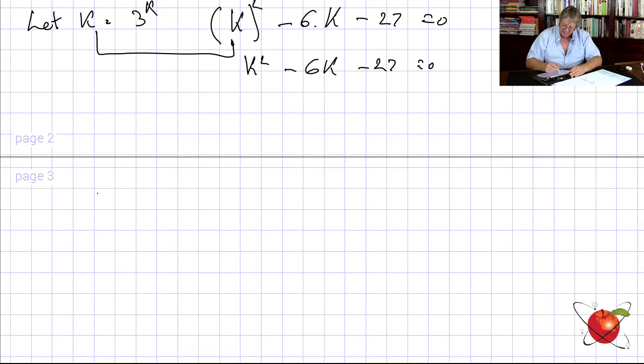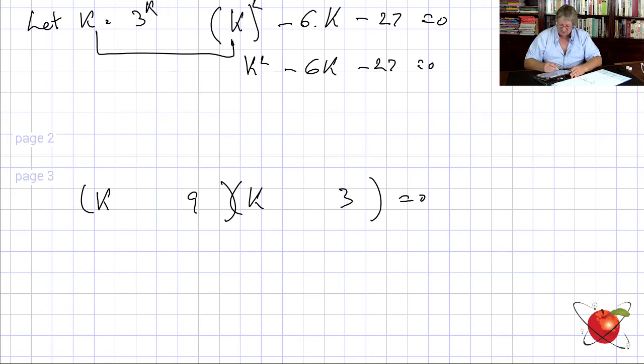We then say K, and equals 0. So what do I say? Now I go ahead and solve it. I say 9, 3 again, and that's a minus, that's a plus. Therefore, K equals 9, or K equals minus 3. Now I know what K is, but K